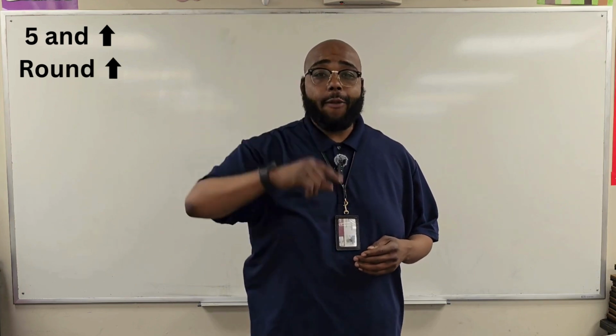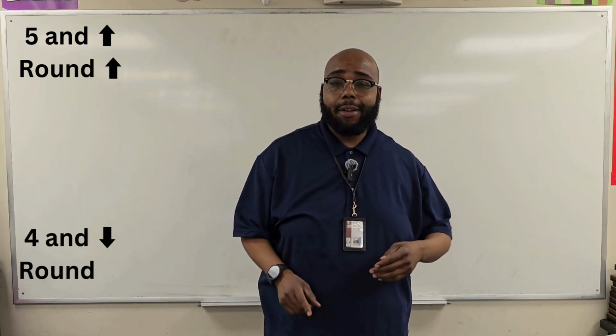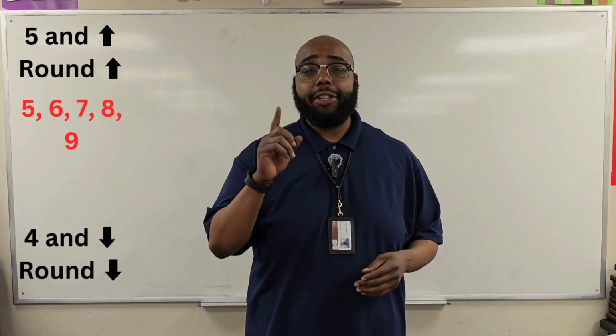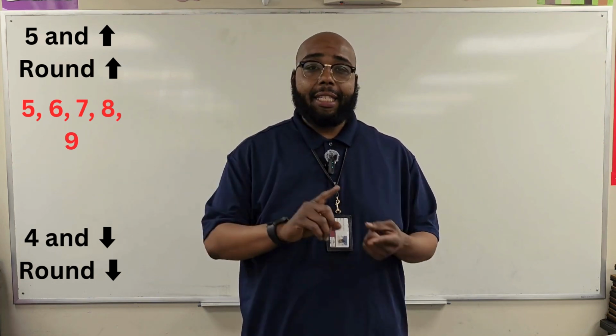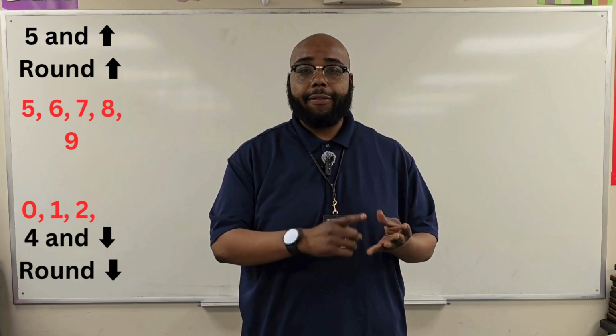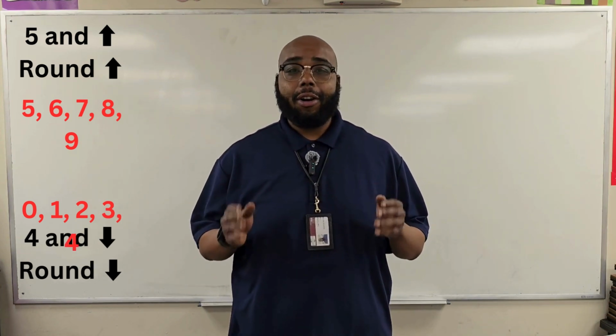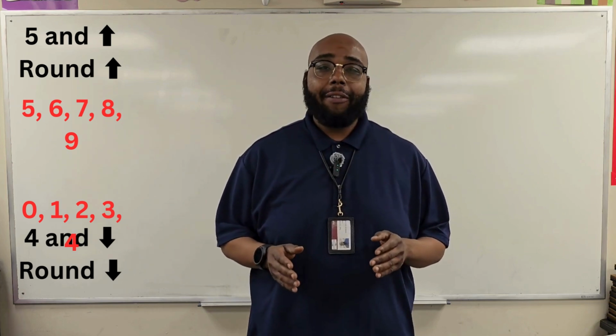So 5 and up, round up. 4 and down, round down. So that means 5, 6, 7, 8, 9 makes your number go up. And 0, 1, 2, 3, 4 makes your number go down. Okay, so remember that. And then also knowing that it is place value, you have to know where your ones